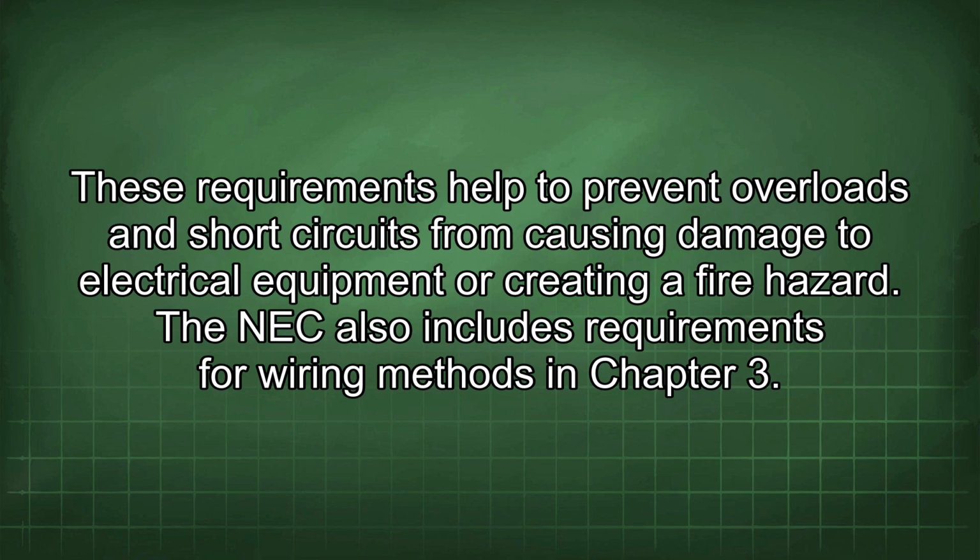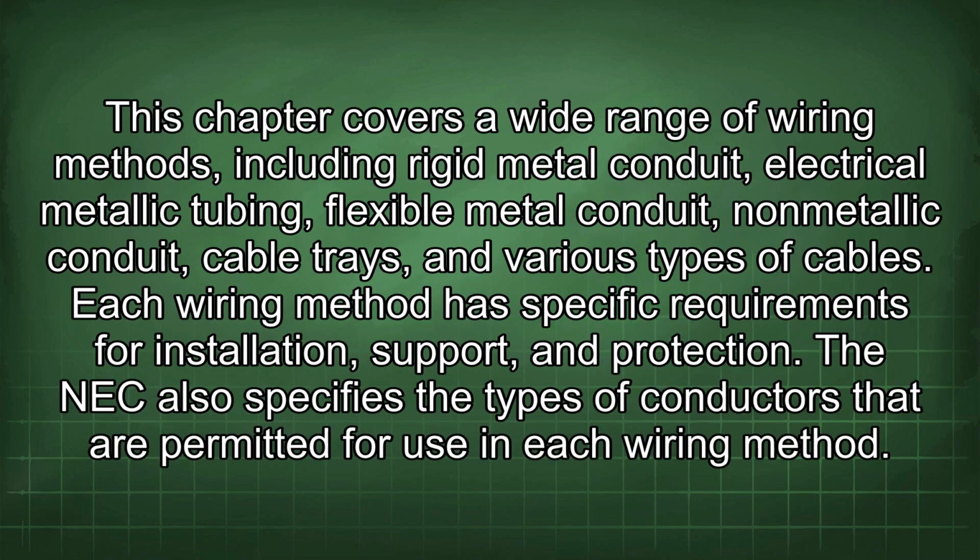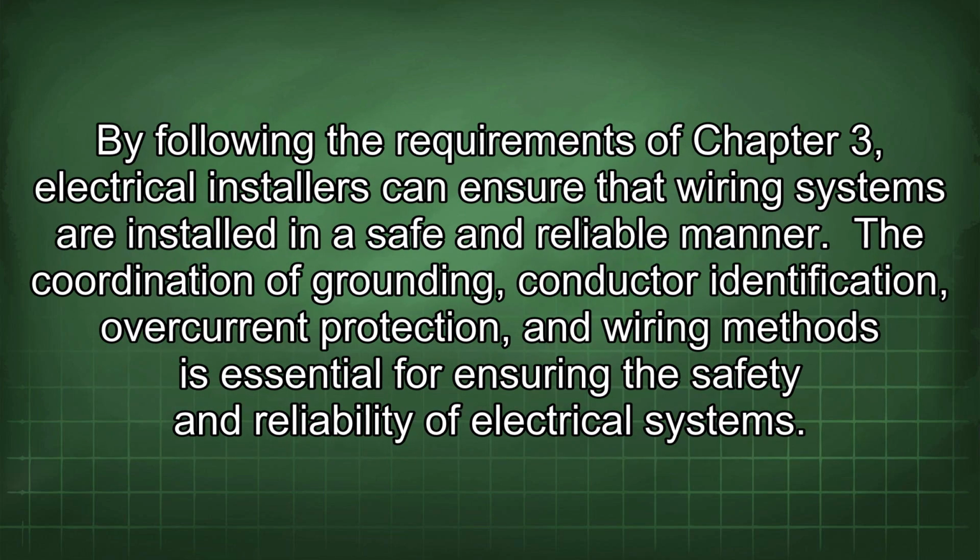The NEC also includes requirements for wiring methods in Chapter 3. This chapter covers a wide range of wiring methods, including rigid metal conduit, electrical metallic tubing, flexible metal conduit, non-metallic conduit, cable trays, and various types of cables. Each wiring method has specific requirements for installation, support, and protection. The NEC also specifies the types of conductors that are permitted for use in each wiring method. By following the requirements of Chapter 3, electrical installers can ensure that wiring systems are installed in a safe and